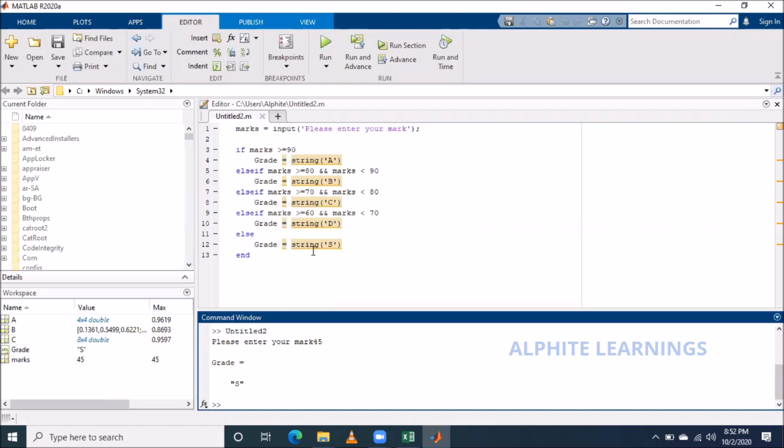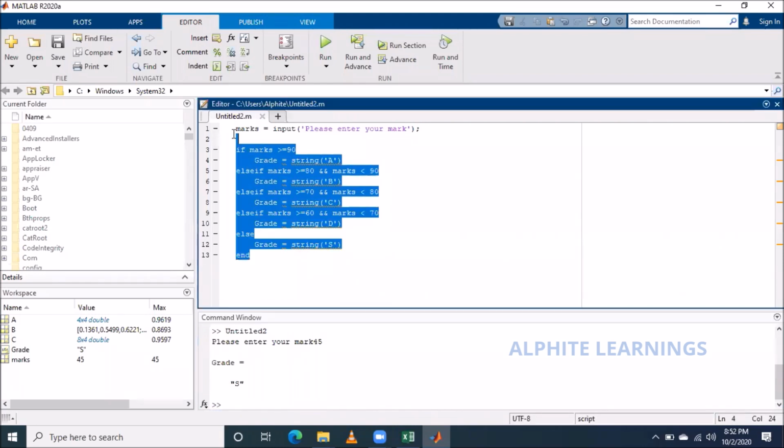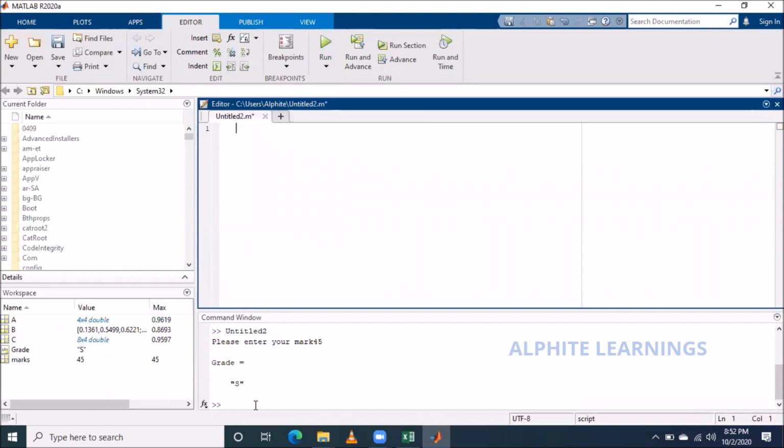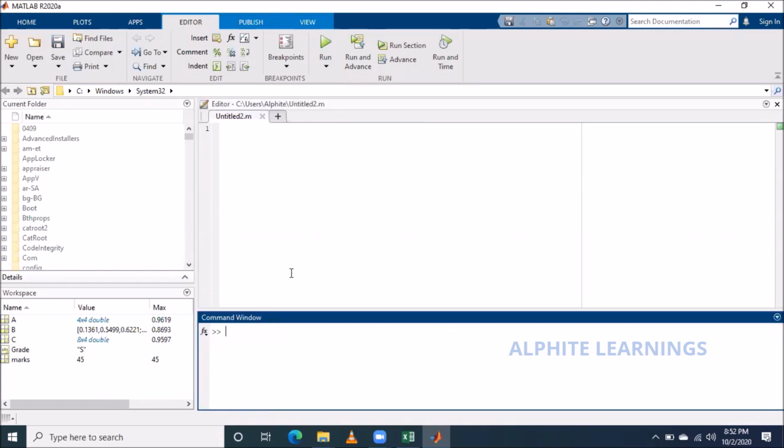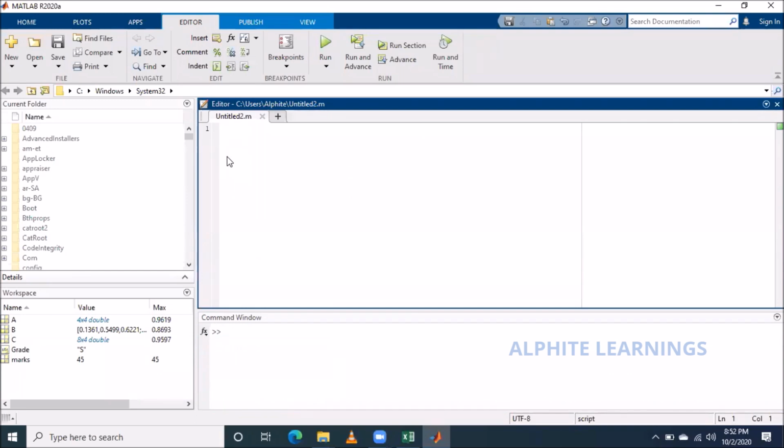Okay, before that, we'll just see the for loop. We just saw the if condition, right? If means what we did: if this is my case, do this; if this is my case, do that; else do that. Like that, the condition means we are using if. So the same way, if you want to do this for this many times, for 10 times you do that, for 6 times you do this, for that we are going to use a for loop. Okay, so I'm just going to use a simple example for loop here.